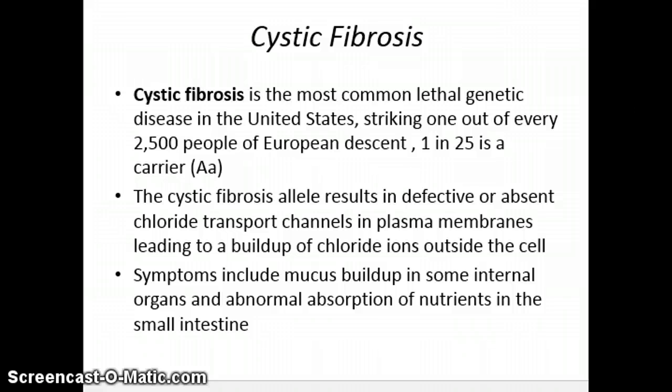That allele is supposed to be making proteins that become chloride transport channels in a cell's membrane. And if they're not there, then there's a buildup of chloride ions outside of the cell. And there's a series of reactions that occur, but what ends up